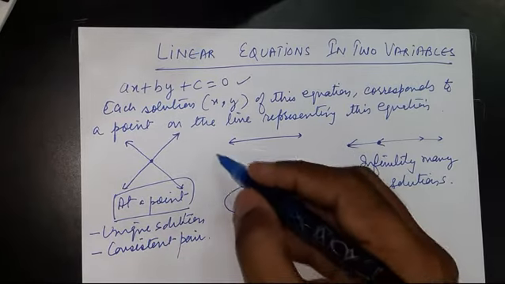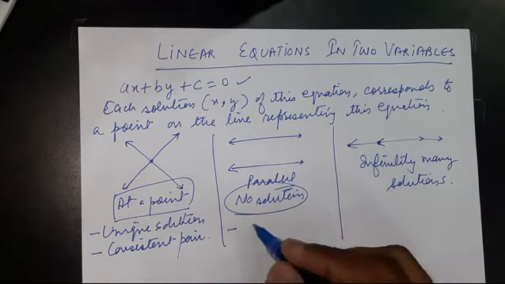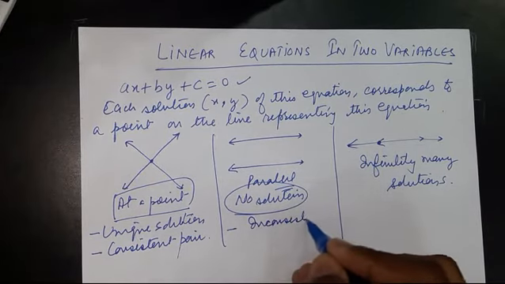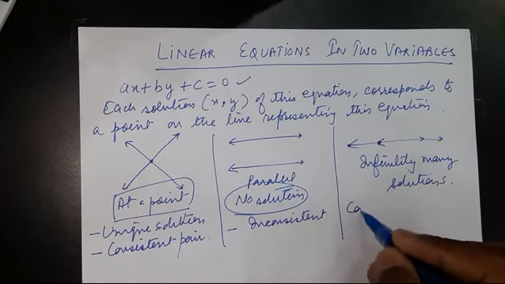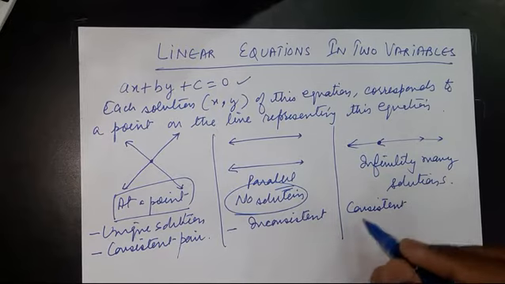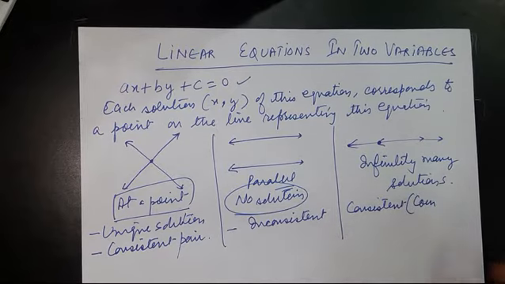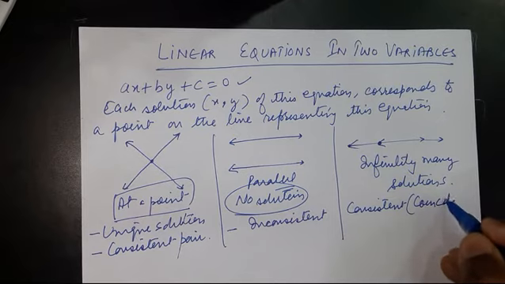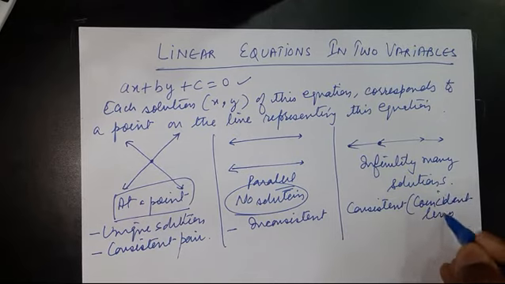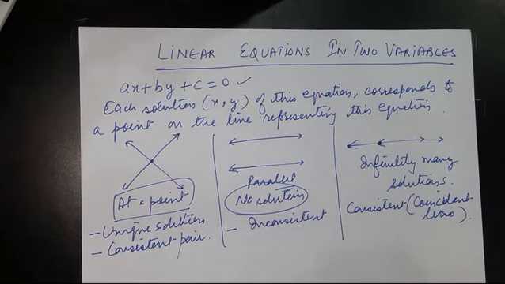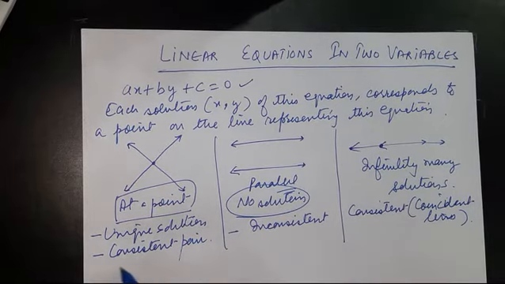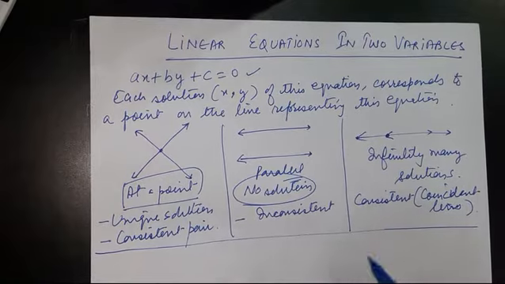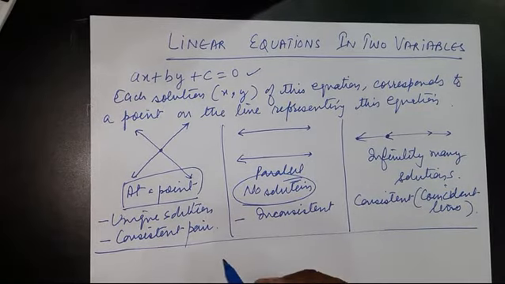Similarly, if it is of no solution, it means inconsistent, the pair is inconsistent. And lastly, it is also consistent where the lines are coincident lines. As you can see here, the lines are coincident lines. Without wasting any time, we shall go for examples also. Before proceeding to those examples on graphs, we can have some more concepts relating to it.